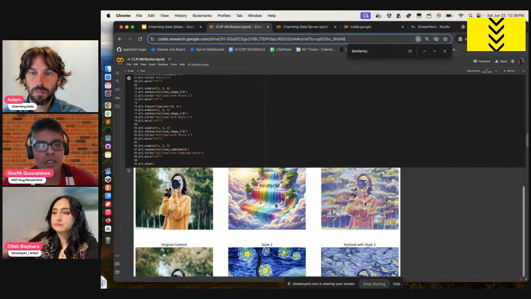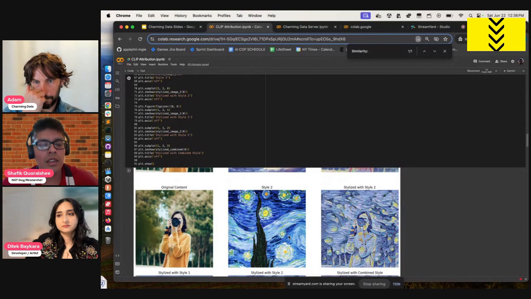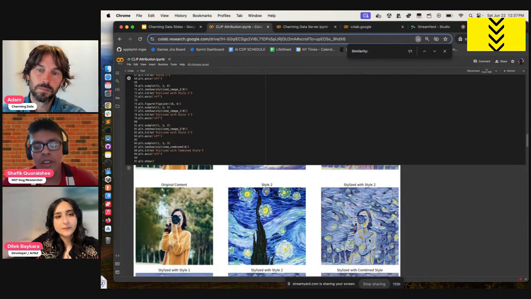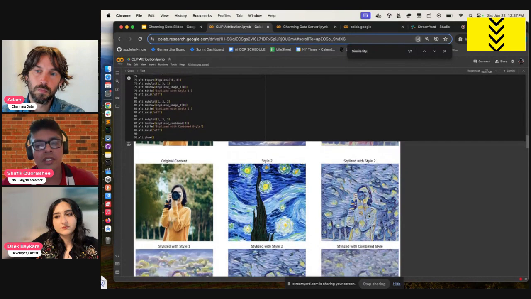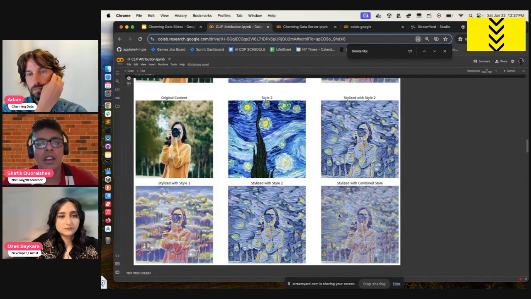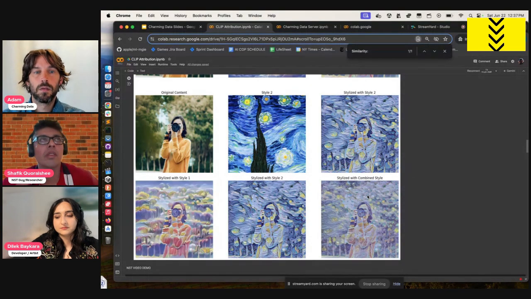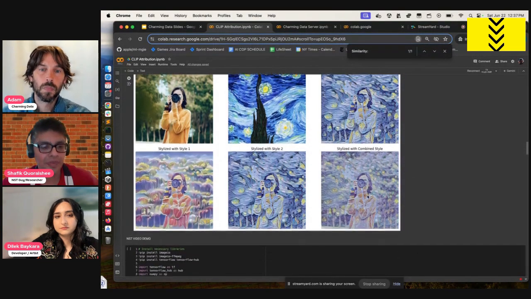And then I take, for example, this image of Starry Night here, apply it to the content image, and I get another image that looks like a Starry Night version of the content image. And then I can do combinations of images to combine the styles to have a hybrid style. So again, stuff like this can potentially throw off the attribution we're talking about, but it's good to highlight these because maybe those things can also be accounted for.